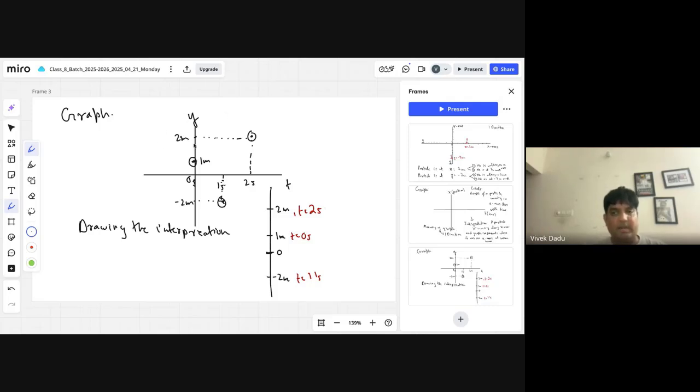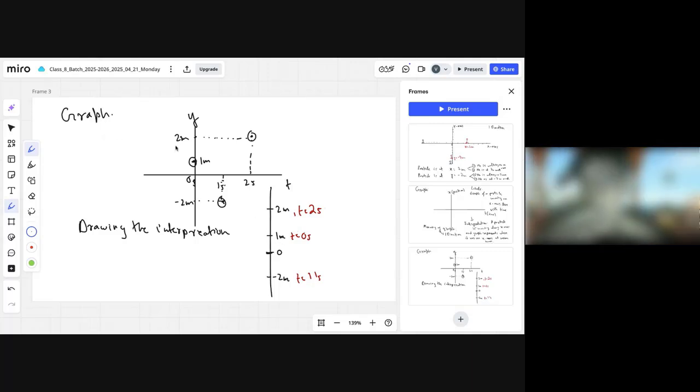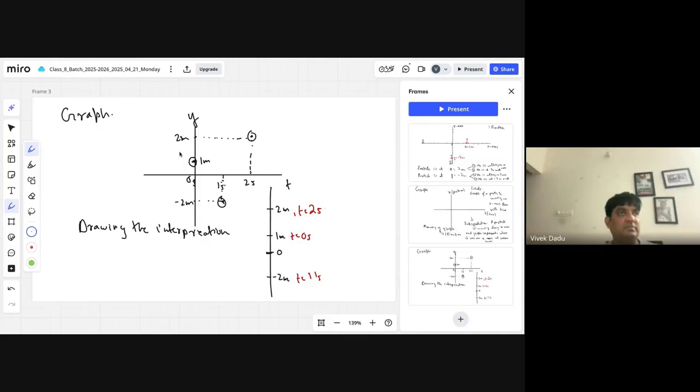No, not yet. This part, is it understood or no? Yes, sir. That is how to interpret the graph. This does not mean that the particle is jumping from here to here to here. No. What does it mean? The particle is still moving on the straight line. He was at the 1 meter mark at 0 second, at the 2 meter mark at 2 second, and then